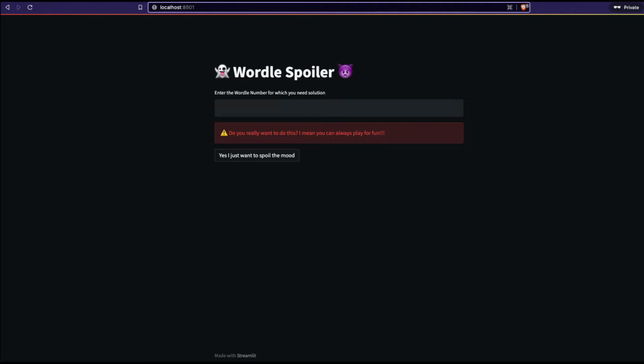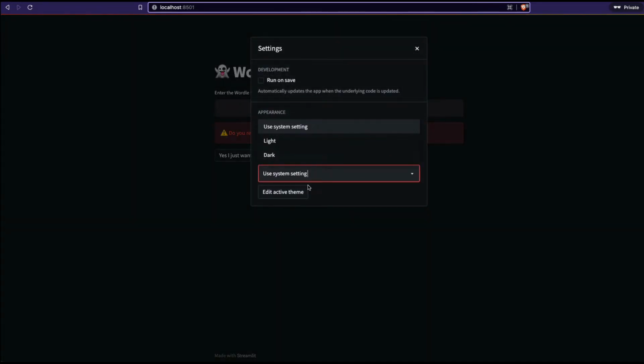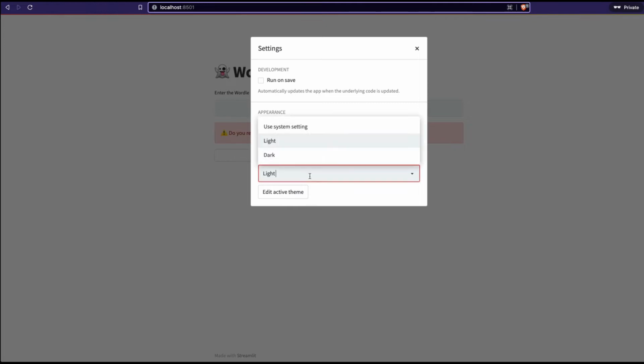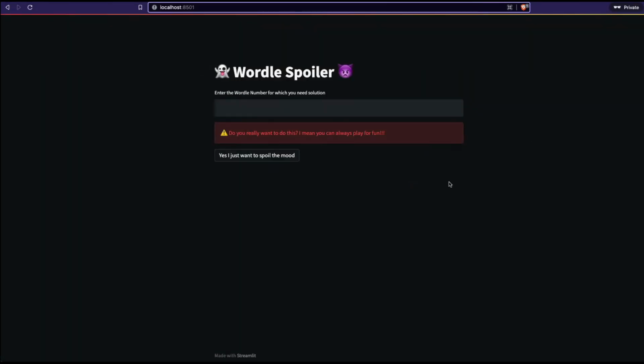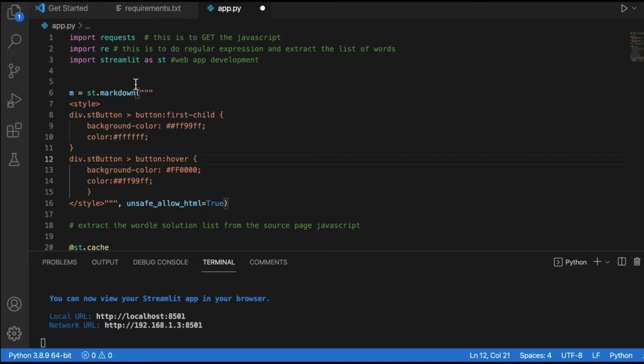By default, let me again remind you, there is a dark and a light theme. By default, this is available. But if you still want to play with Streamlit's normal colors and give some effect, then you can use CSS. And the way we are executing the CSS is, we are actually making it a markdown. This is like a hack. We are making it a markdown and we are going to run this code.